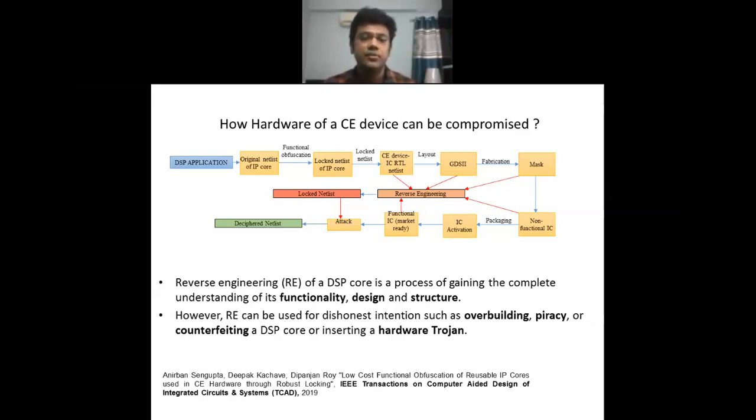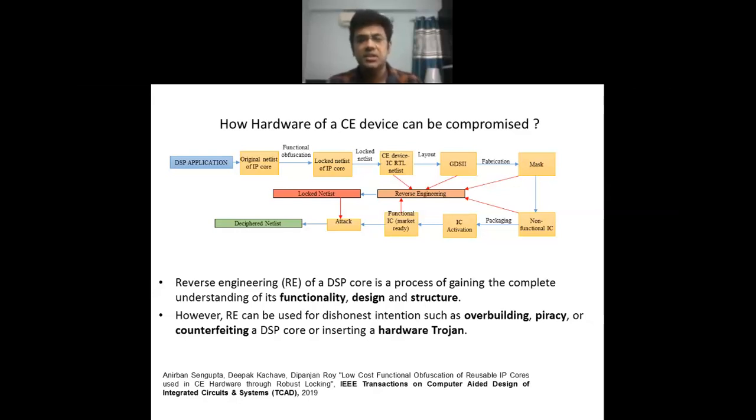You have an application from which you can generate the original netlist of the IP core, and once you pass it through some logic locking algorithm or functional obfuscation process, we can generate the locked netlist of the IP, which can then be integrated with the rest of the device RTL netlist, and then we can convert that into a GDS2 through layout synthesis followed by fabrication to convert it into a mask and then into a non-functional IC. Then it goes into packaging to produce an IC activation, and finally we have a market ready functional